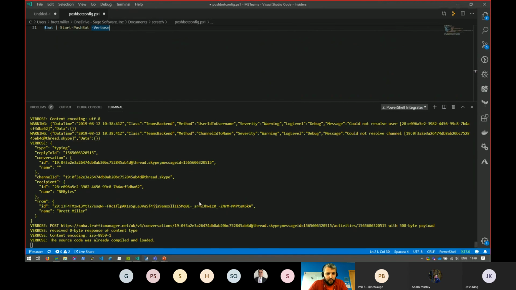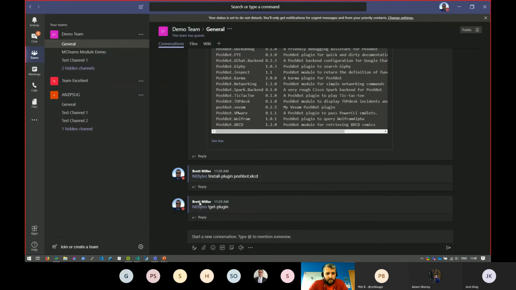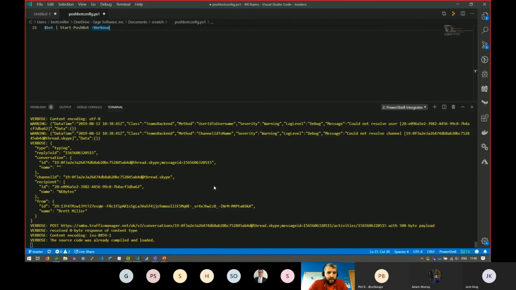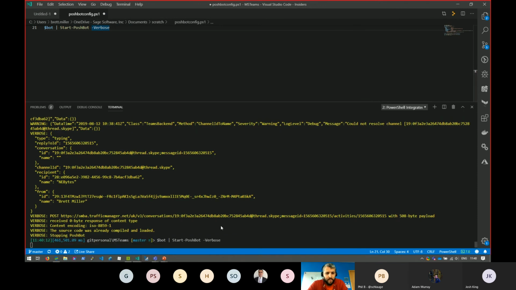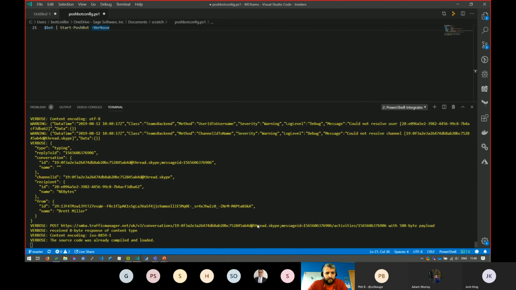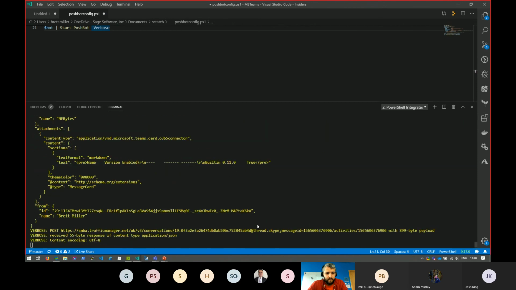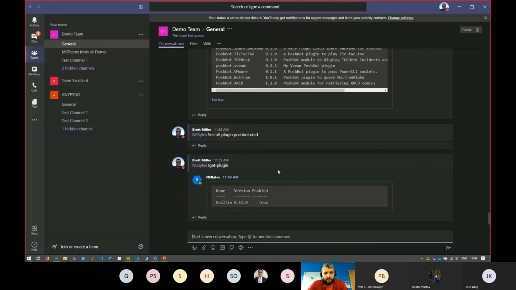Is it taking too long? Well, it didn't seem to like that, did it? Aha, get plugin. It hasn't installed it for some reason. It must have died halfway through.